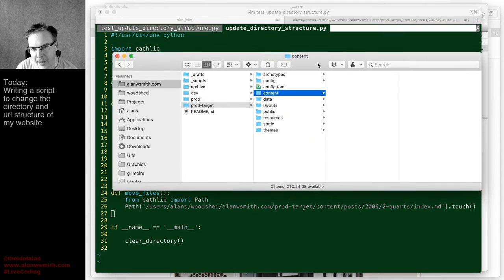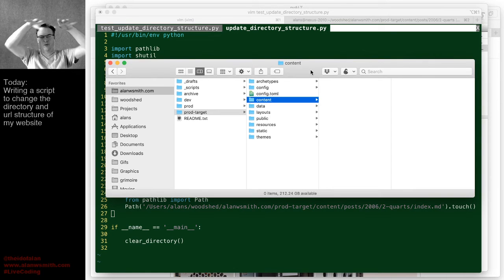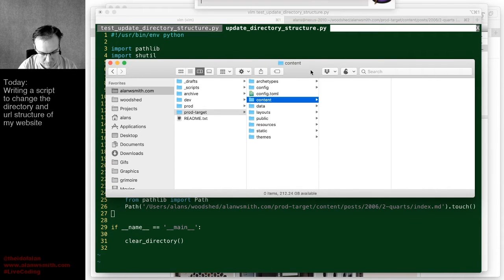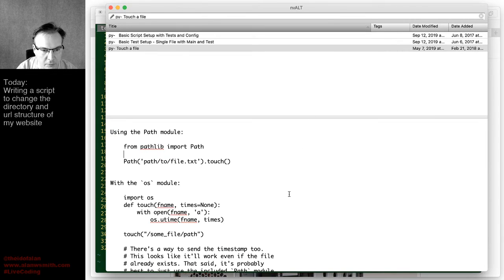So I had that structure, and when you touch a file like that, the directory you're trying to make the file in has to exist. It existed when I first did it because I had built the posts 2016 to Quartz directory structure. When I ran the other script, it cleared all that stuff out. So when touch tried to go, it didn't have all the structure there. So the question is,